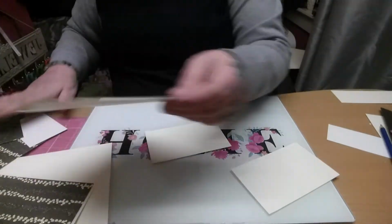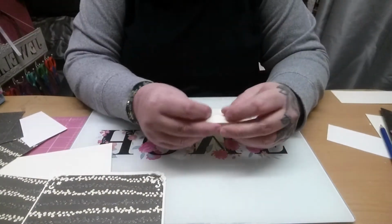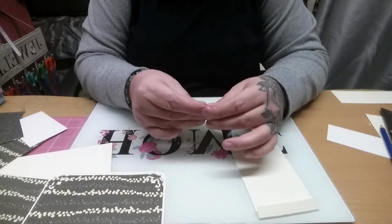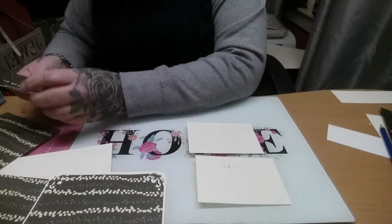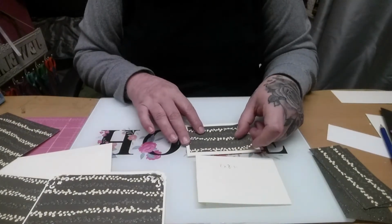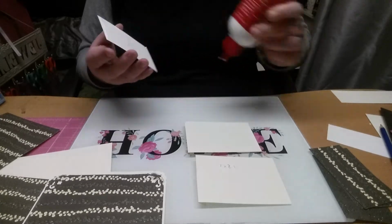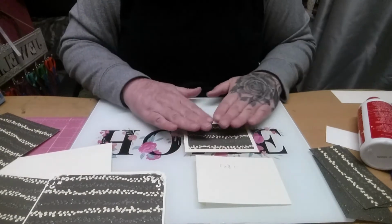Okay, so what we need to do now is take our pocket piece, just place that to the side a wee second, fold on our 1/2 inch score lines, so just fold these over. Okay, and then we're going to place on our patterned paper that we cut out ready. So like I said, these pieces are 4 by 2.5, and we're just going to centre them with our wee border around the outside to decorate these flaps. So that one goes there,